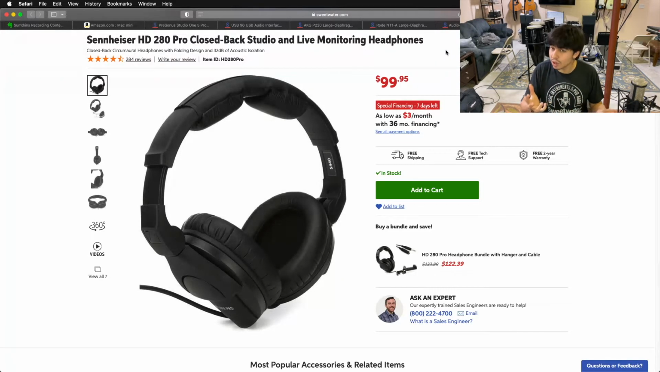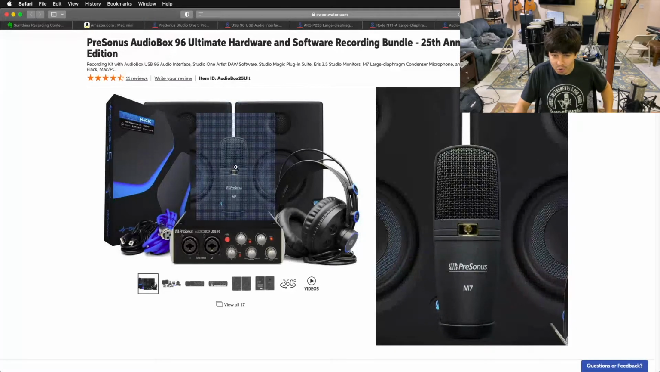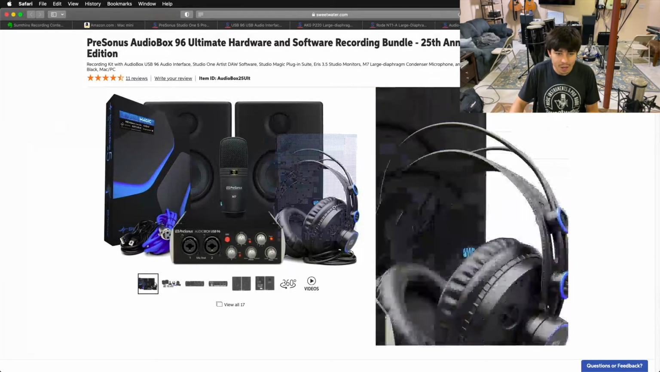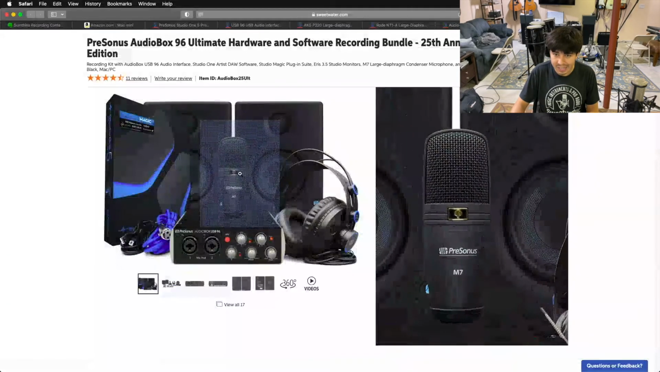The last piece we're going to cover here for home studio components, and we're doing a little bit of a bonus here, are all-in-one bundles like this. This is pretty similar to the bundle I started with a long time ago. It wasn't Studio One 5, and they didn't have their own microphones or own headphones, but it was a bundle like this that I got started with. I don't think it came with studio monitors back in the day either, but it came with the Audio Box USB, it came with Studio One 2, it came with